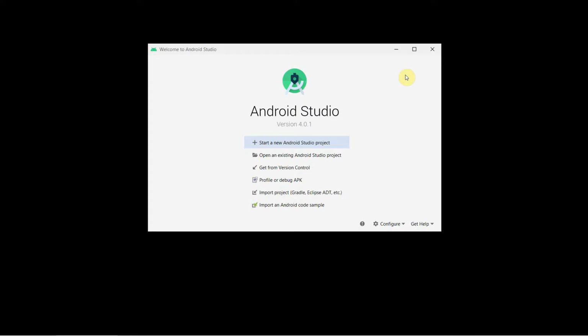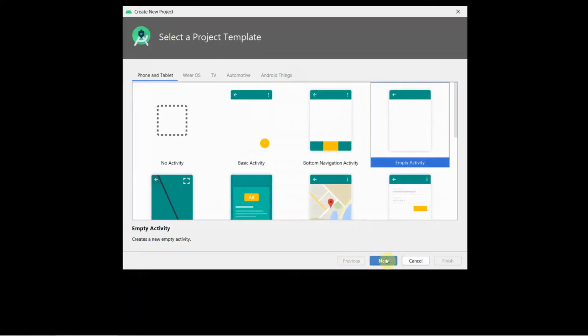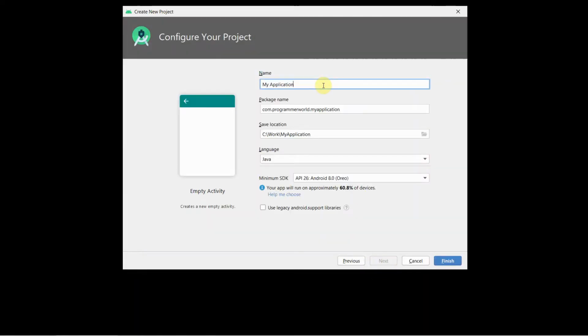In this video, I'll show you how to check whether a word is a palindrome or not in your Android app. So let's begin. This is more of an algorithm kind of app development and not much focus on the UI perspective. So I'll just name this my palindrome app. You can name it anything. Click finish.